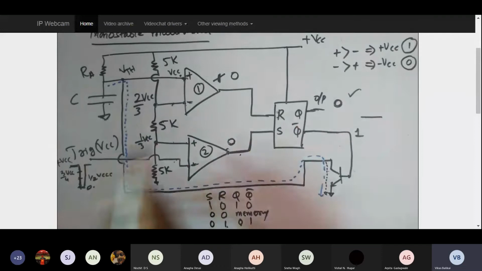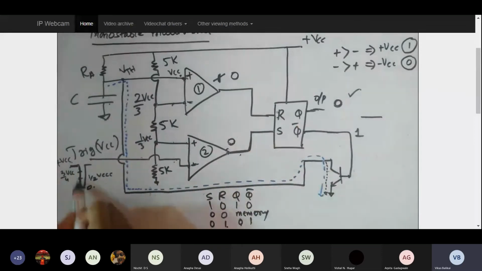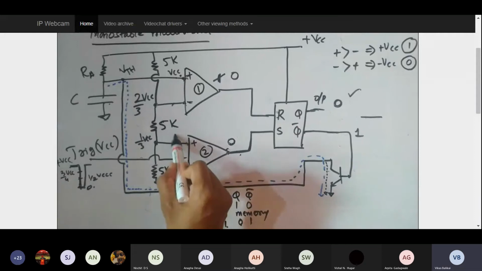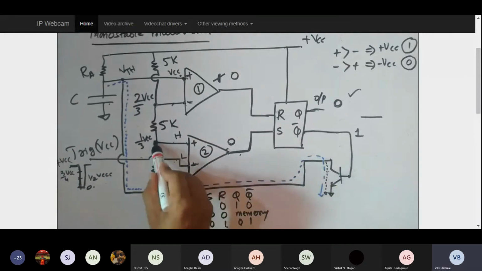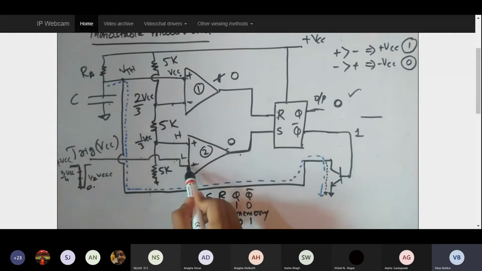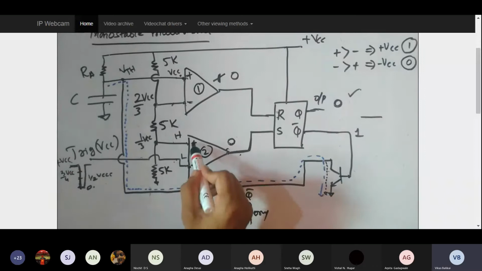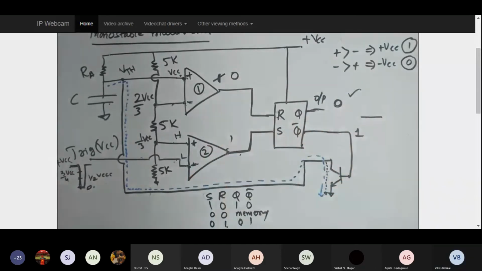Now what is happening over here? As you can see over here, this is at the lowest potential and now this is at the highest potential. Now if this is at the highest potential and this is at the lowest potential, what am I going to get? So this is at the lowest potential, this is at the highest potential. The positive is at the highest potential, so that is held at 1/3 VCC. This is at the lowest potential because VCC is getting down to 0. So in this scenario, the positive terminal is at the highest potential. So the outcome will be 1.